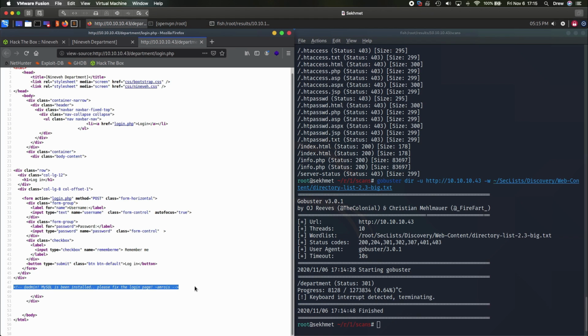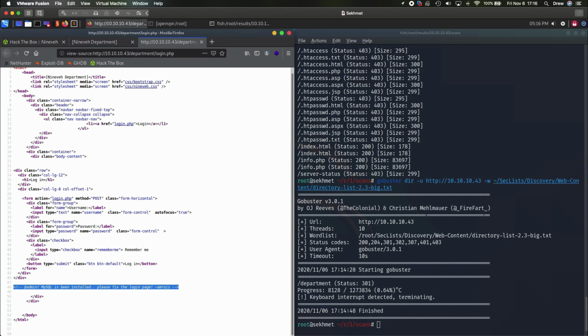So in this case, a message to the admin that MySQL's been installed, asking them to please fix a login page from a user named Amwa. And that slip-up gives us two potential usernames then, admin and Amwa. So this is a bad habit of programmers, leaving notes for themselves and other team members in the code base. It's not always as damaging as exposing test credentials, but each of these pieces of information adds up. We don't want to give the attacker anything to work with, no matter how inane or benign it might seem